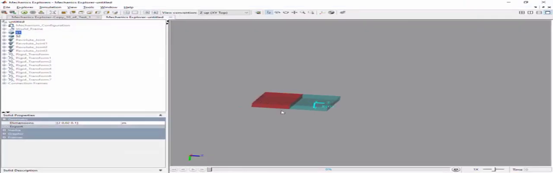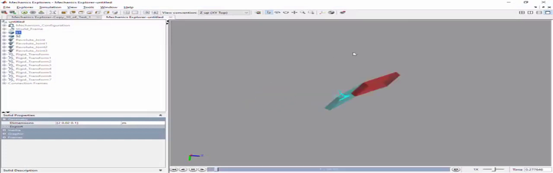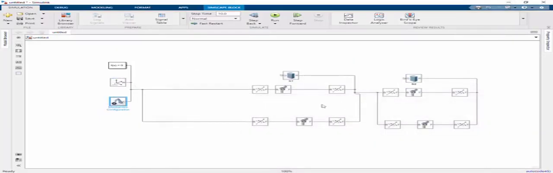Nothing seems to have changed. I just run the simulation again. Now you can see that the two parts are able to rotate in relation to each other and also in relation to the world frame. This degree of freedom is achieved using these